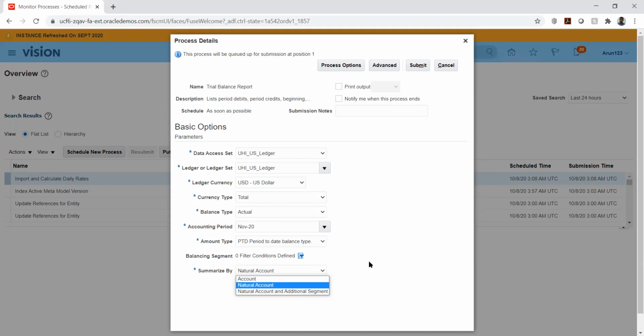So I'll just click the natural account. What's the difference between that account and natural account? Account is something by individual account code combination. Nature of account is something as a whole. If you see in chart of accounts while we are defining, we saw the label called natural account. That is the difference. And additional segment is that... So natural account you mean is the code combination? No, while we are defining chart of accounts, it's just the segment itself. Segment. Okay.